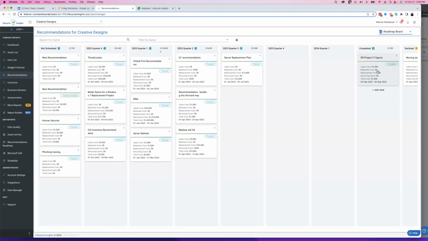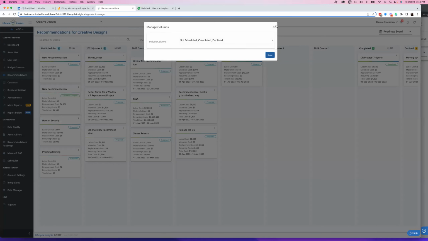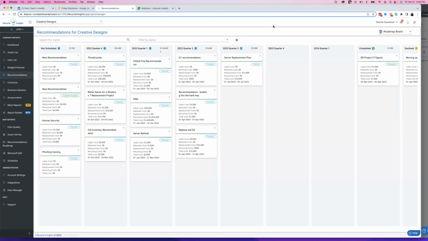Other pieces. Any thought in that view to be able to switch it from quarters to years, columns? Hadn't been asked that, but you would kind of want to use the same options that you have in the budget, that you'd like to just have a full year column? That's the thought. In reality, my only concern is we may not be going out past 2 years for recommendations. So I don't know. I kind of go back and forth on how valuable it'd be, but